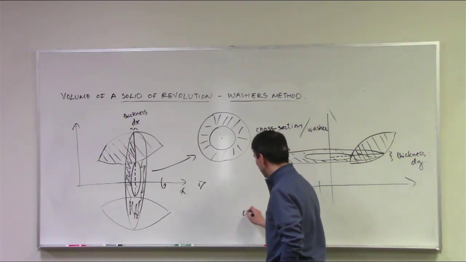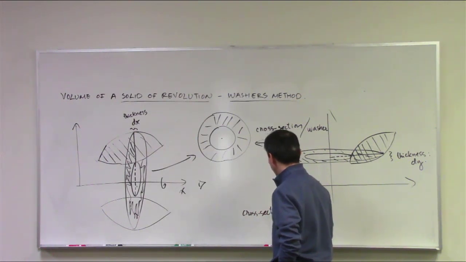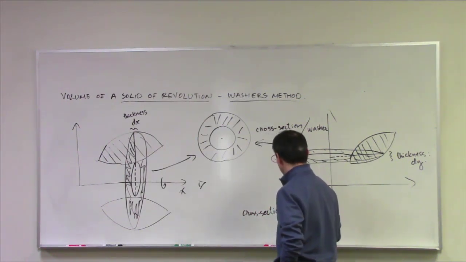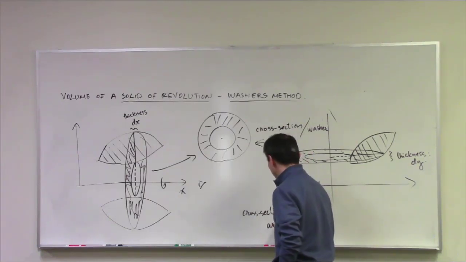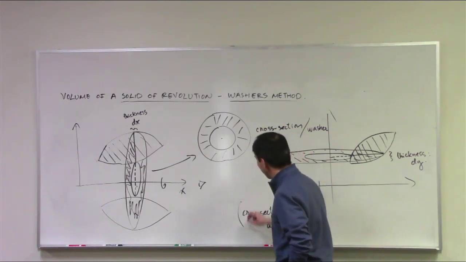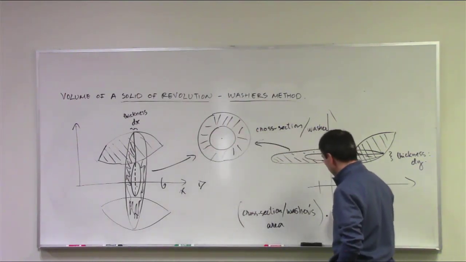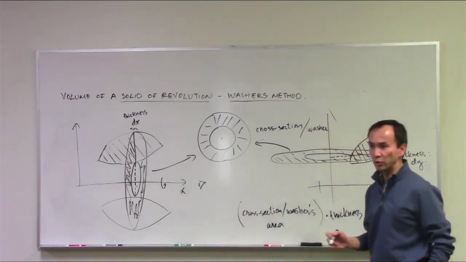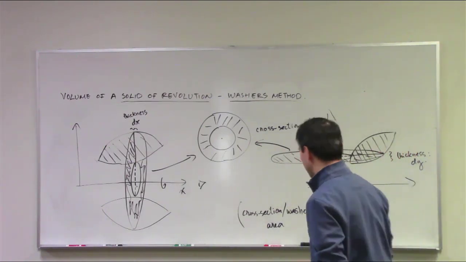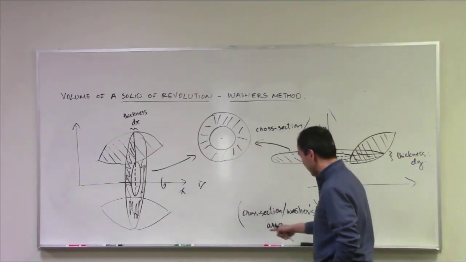So I call that the cross section or the washers area. We take the area, see the shaded part right here of your washer, you multiply that with the thickness, any thickness, right? Because here I'm talking generally about the orientation of your cross section, but if you're multiplying the area of the cross section with the thickness, we get the volume of one